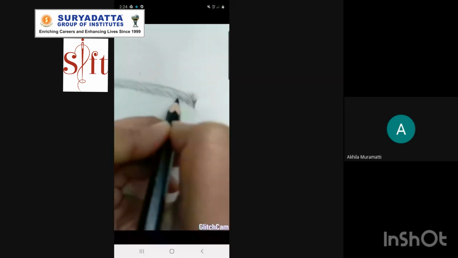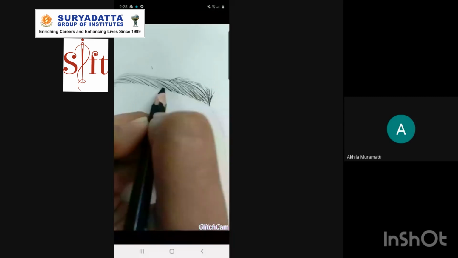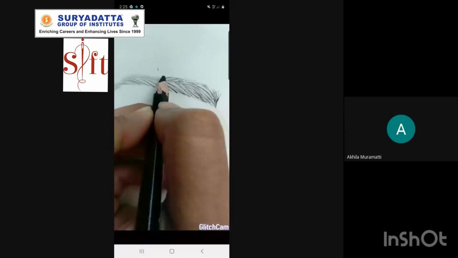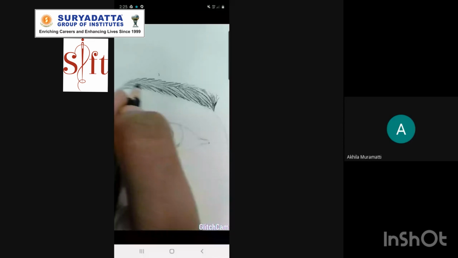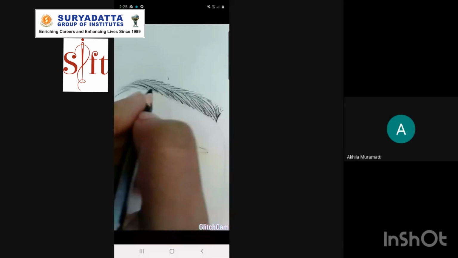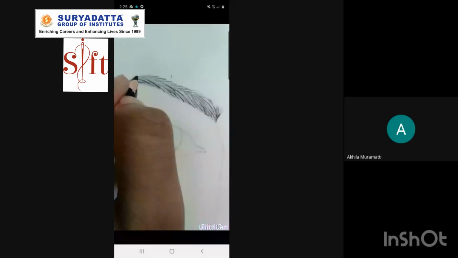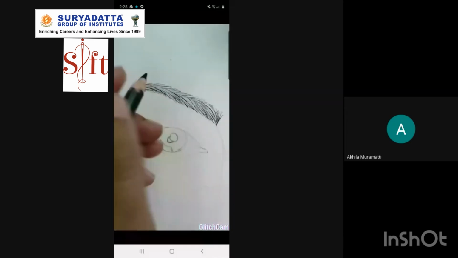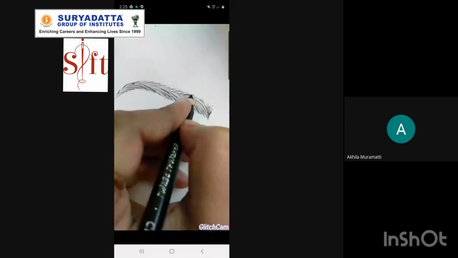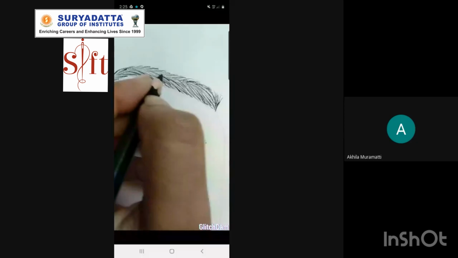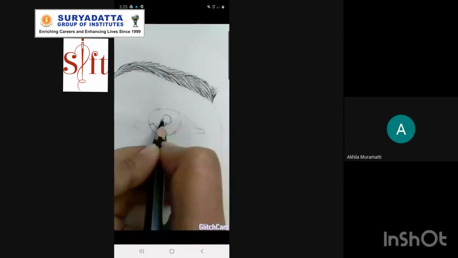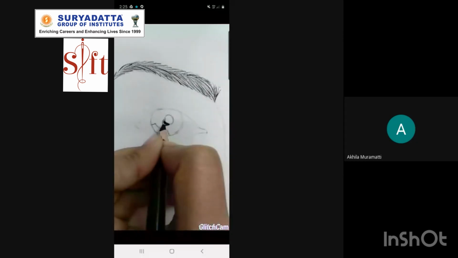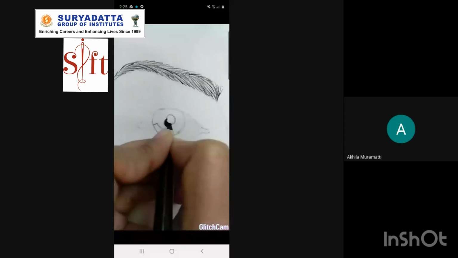I will suggest a sharpener is not a better option. So just go pretty slightly with this portion. You have to draw the iris pretty darker than the other areas.